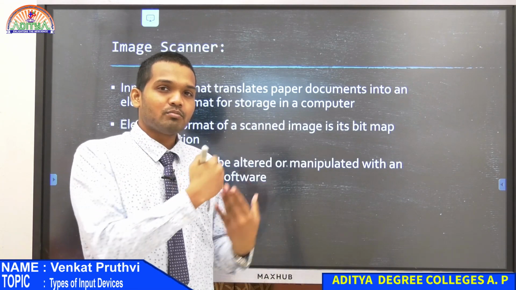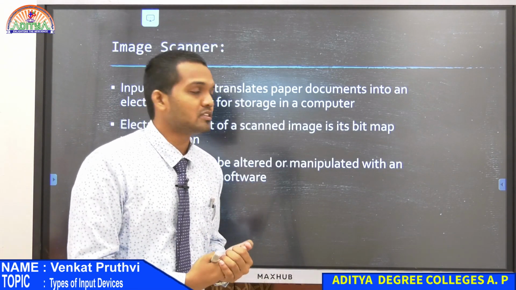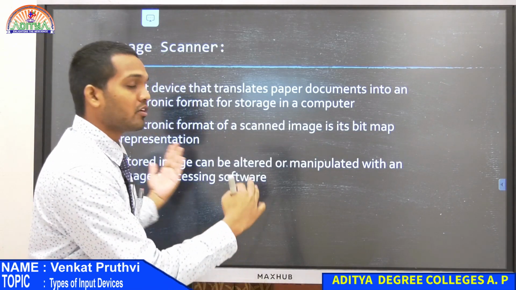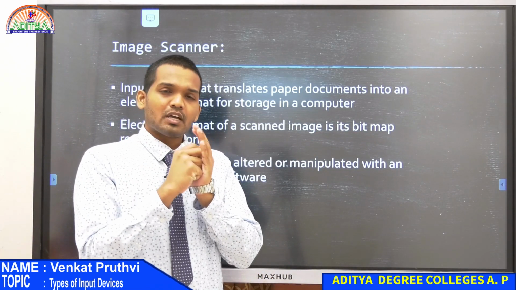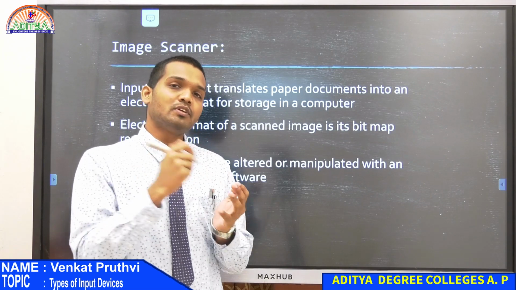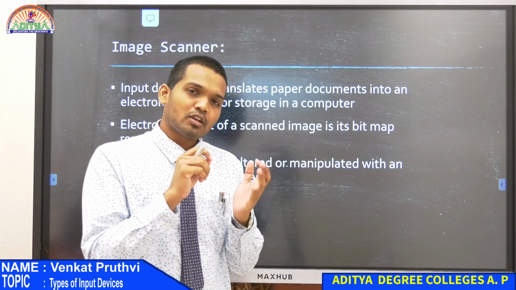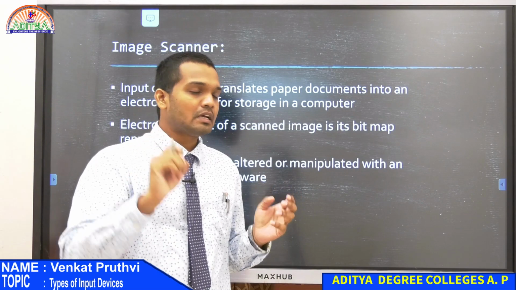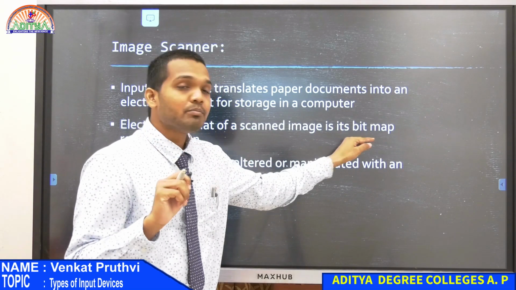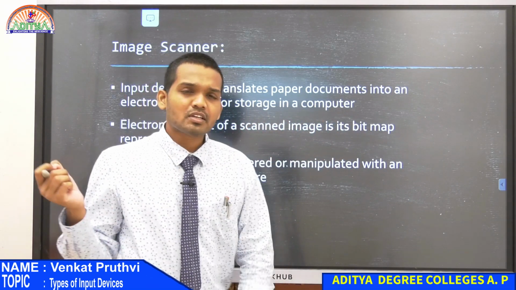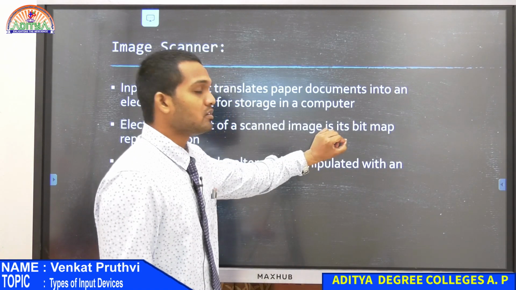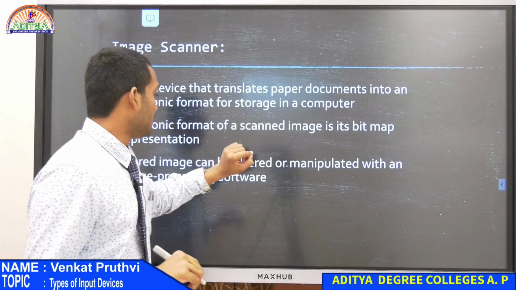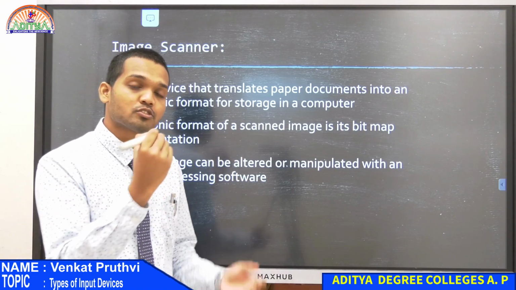We haven't gotten into the memory part yet, that's why you might not be able to understand bits, but you can think of a bit as the smallest memory unit into which you can store any data. The minutest point inside your data or storage is in bit form. Okay, so these pixels are the minutest thing on your image. These minutest things are stored in this bitmap representation. That's why it's stored in bits.